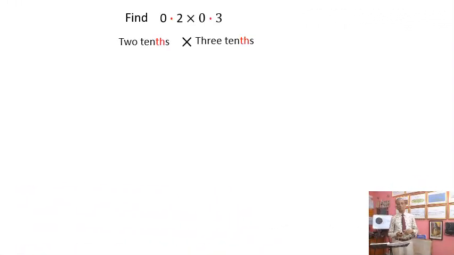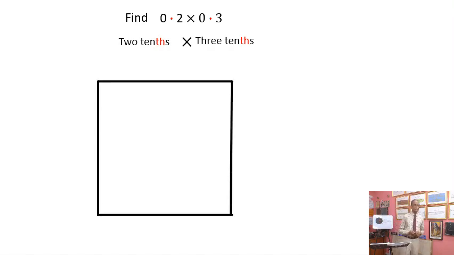Okay. So consider a square like this. You know what is a square? A square is a parallelogram in which two pairs of opposite sides are parallel and all the four angles are equal and each angle is equal to 90 degrees. You can consider a rectangle also. Now in this, we shall first visualize what is 0.2. How to visualize 0.2 here in the square? 0.2 is nothing but 2 by 10.